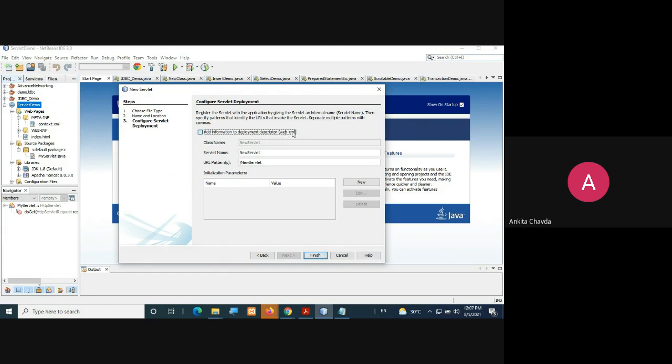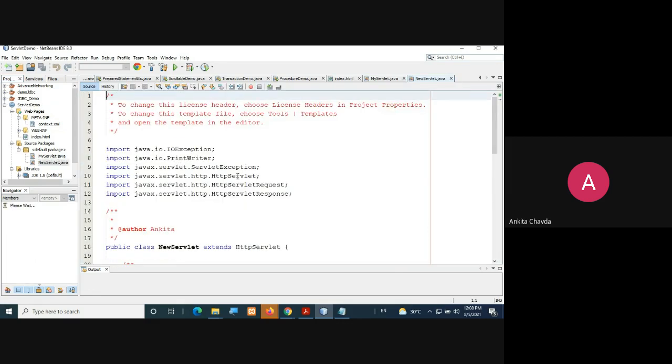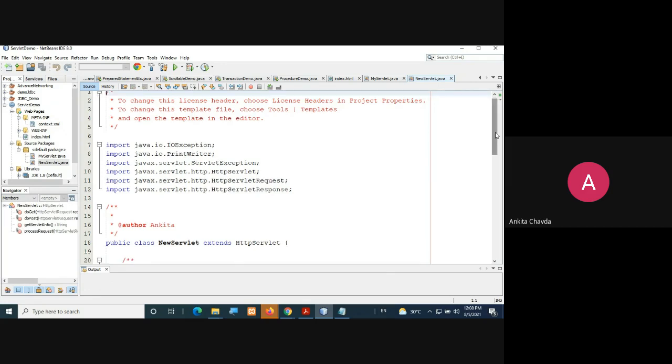That is your web.xml that we have talked about. If you select this, you will have the web.xml file which you want. So select this and give finish. So this is how your new servlet has been created.